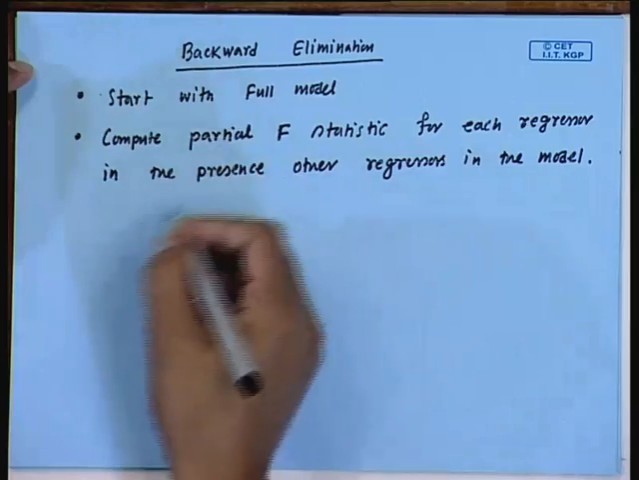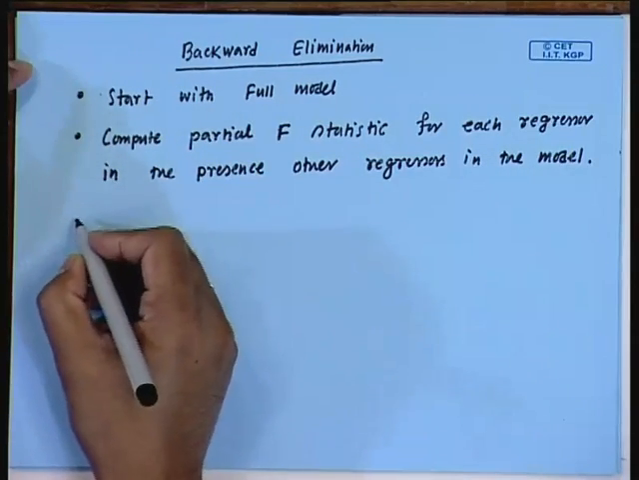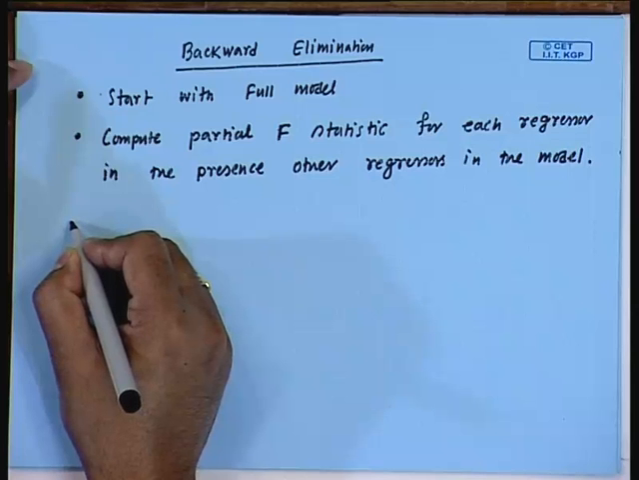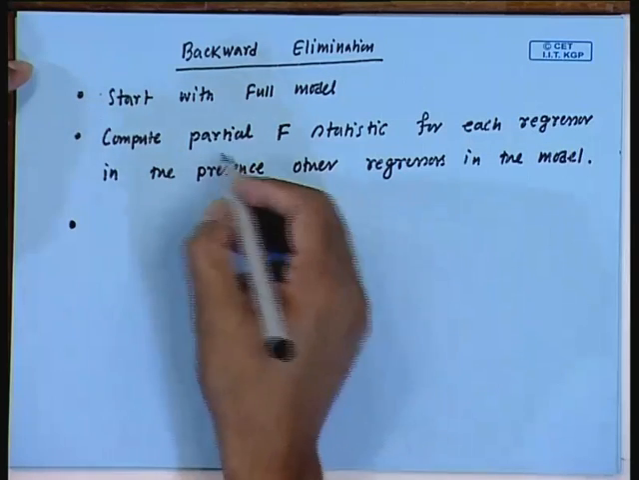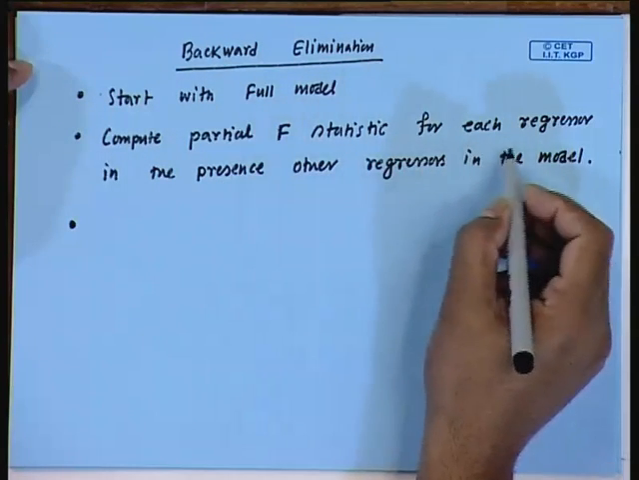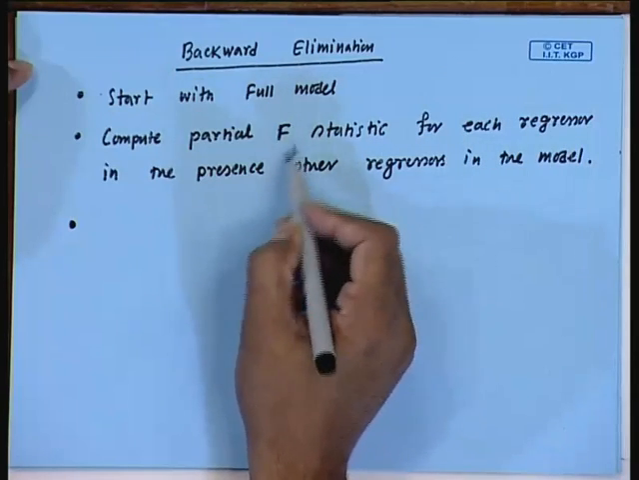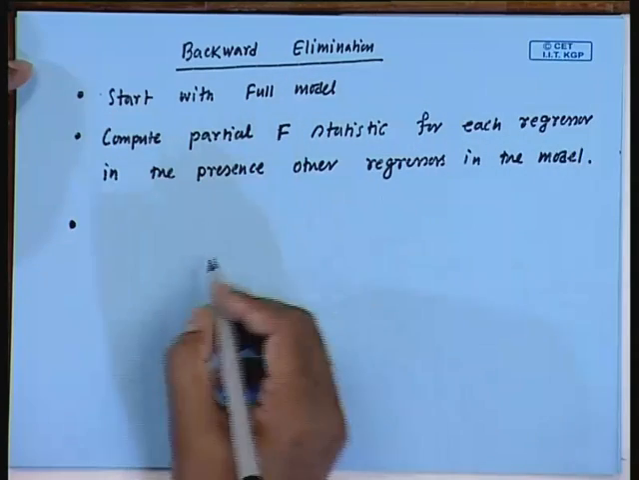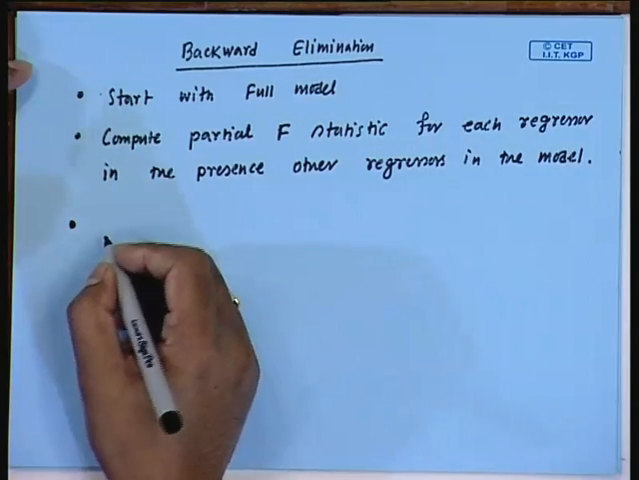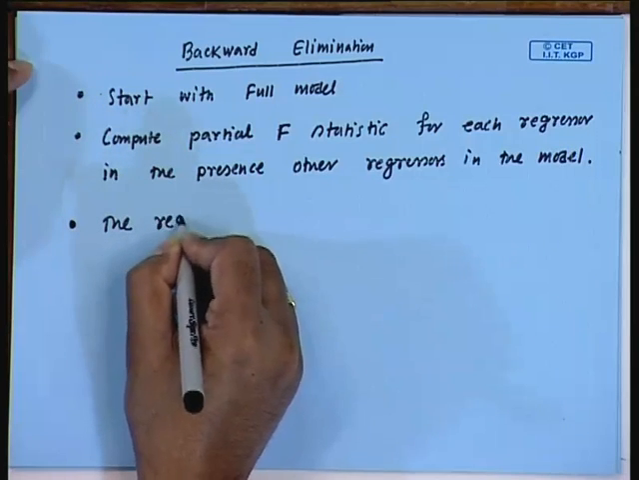Okay. So, I will explain all these things. Let me just write down the algorithm first. Next is, you are computing the partial f statistic for each regressor in the presence of other regressors. So, if the f value is very small for some particular regressor, that means that is not significant. So, we look for the smallest partial f value, the regressor